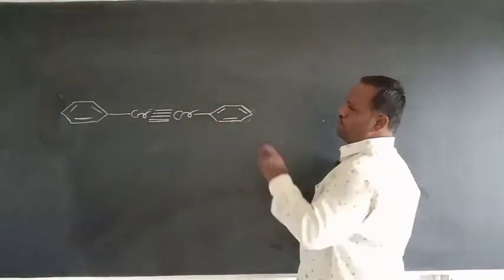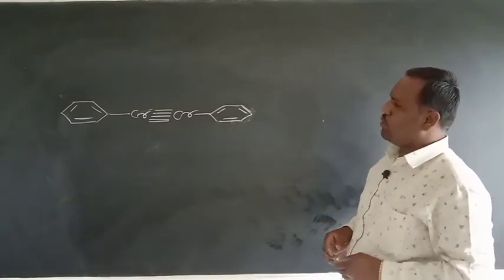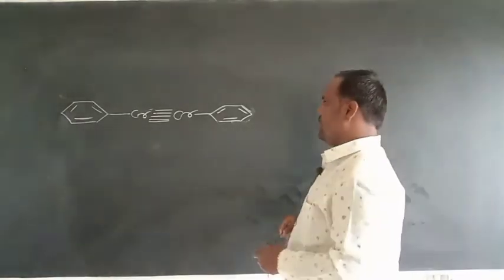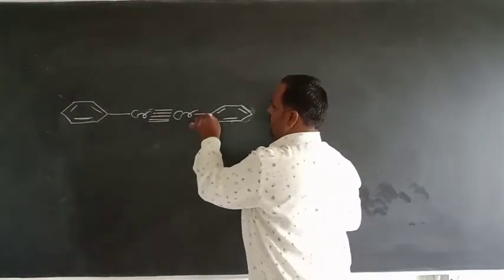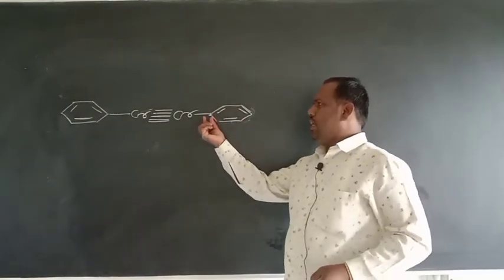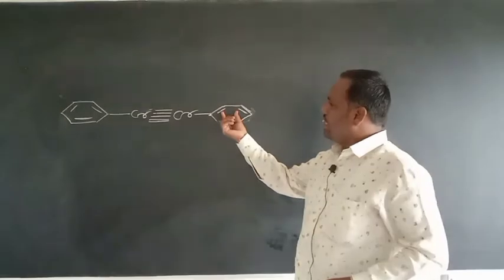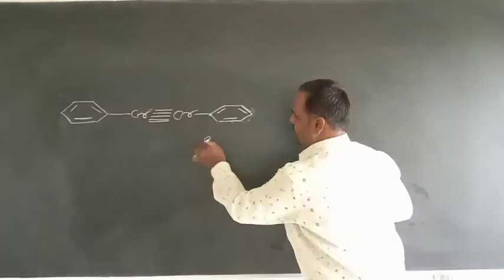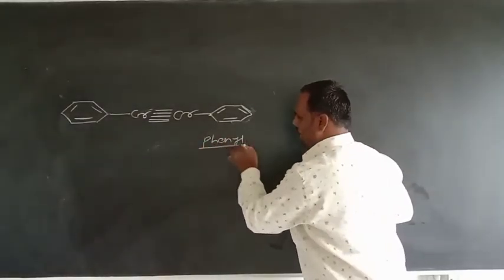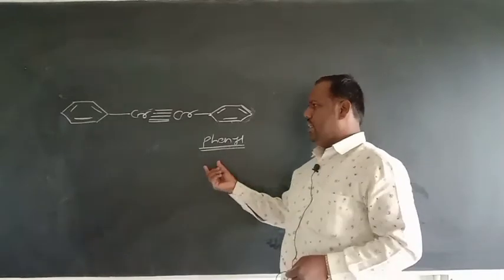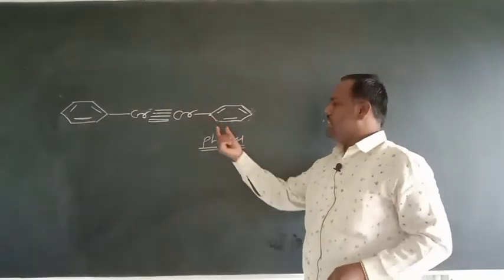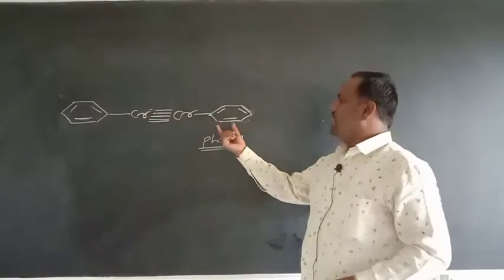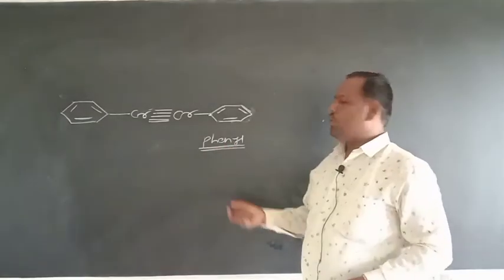So in this case, if we find out the oxidation state of each chromium, each chromium is in +1 oxidation state. This ligand is not a benzene, it is called phenyl. This is your phenyl group. So when one of the hydrogens of benzene is replaced and the carbon is attached to another species, then the ring is considered a phenyl group or phenyl ring.